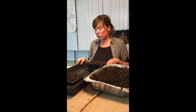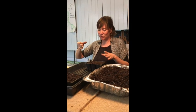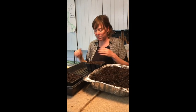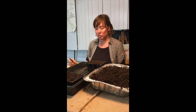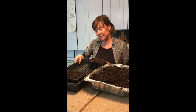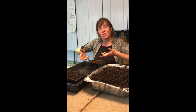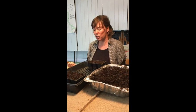And then you're going to want to bottom water it. That's usually how I do it because it's too easy to sort of water in a big goosh on the top and sort of spread things around and maybe disrupt the seeds. So if you bottom water, you choose a tray without any holes in it, and then you just put about that much water in the bottom, enough that it just sucks up through the bottom. And that's a good way